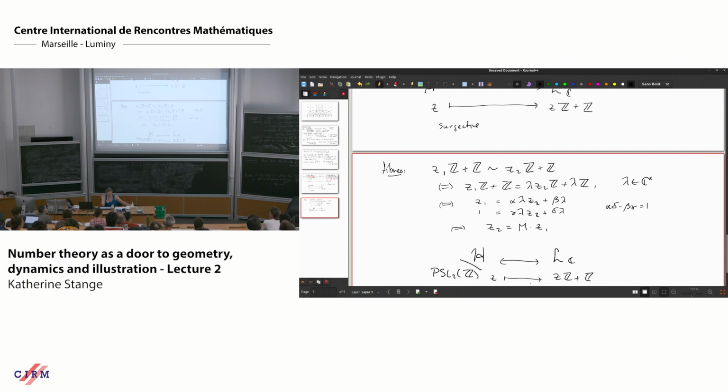So I just wanted to make sure that we had that. So are there any questions? I didn't go too much into the number theory side of it, but